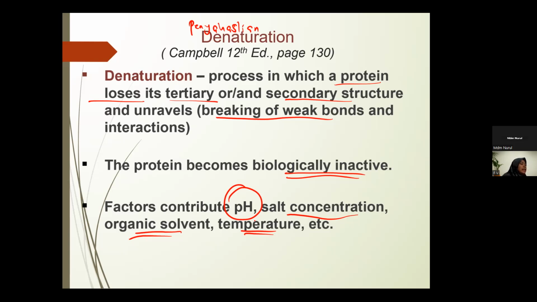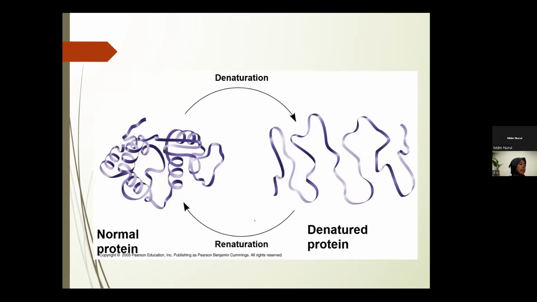Okay. Right. This is what happened to your normal protein. Let's say you can have here, this is the, let's say the tertiary structure of the protein, overall structure dia. When, let's say, temperature increases beyond the normal temperature, pH changes drastically, pH terlalu rendah atau pH terlalu tinggi, terlalu